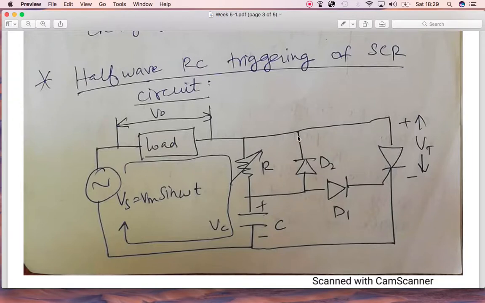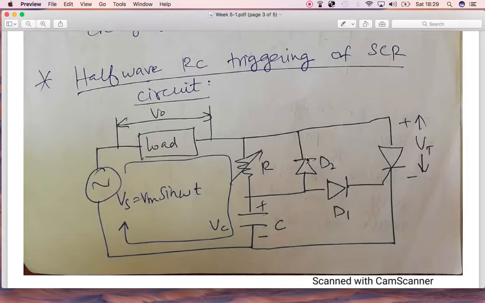It will definitely flow over here and then discharge over here. So this capacitor will be charged, with positive and negative here. When this capacitor starts discharging, it will not activate the gate terminal through this diode D1 with the negative voltage. So the gate will not have any gate current, and the SCR will not be on during the negative half cycle. But during the positive half cycle, the flow of current will be like that.